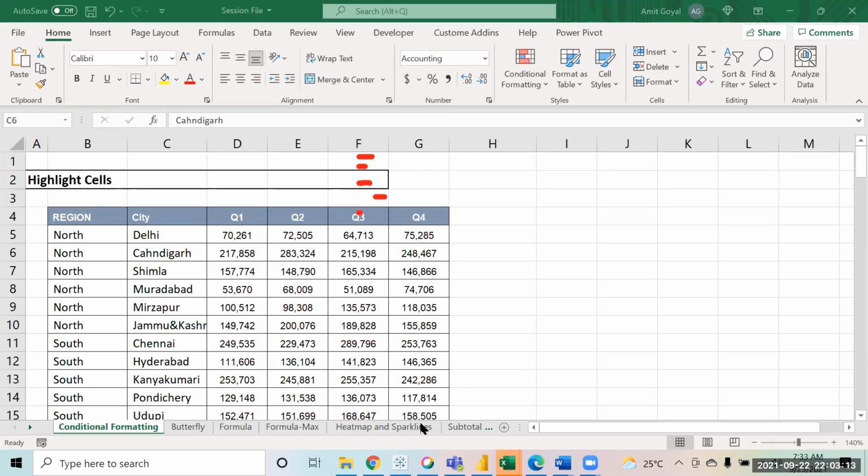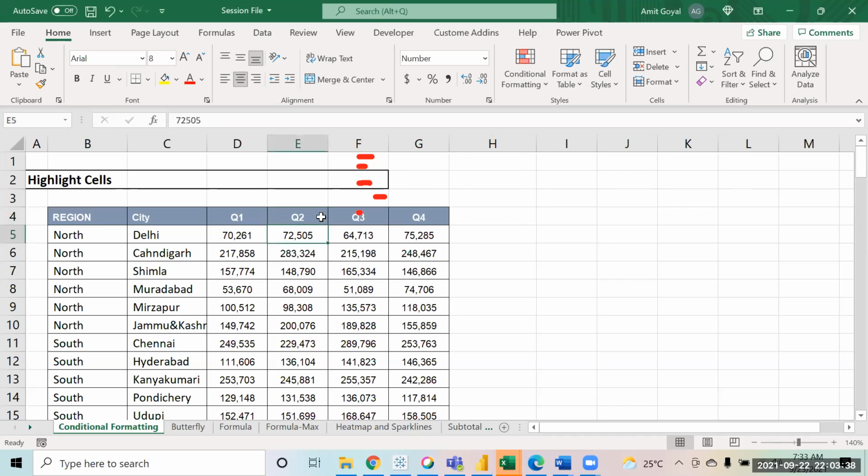Up till now, what we were doing was learning how to do the formatting. Now we are going to explore conditional formatting, right? So, what is conditional formatting? Conditional formatting means where we would like to do the formatting based on a condition, as the name itself tells. It's a very useful feature that you have in Excel.